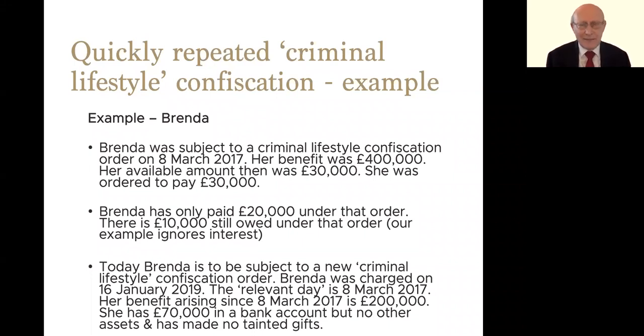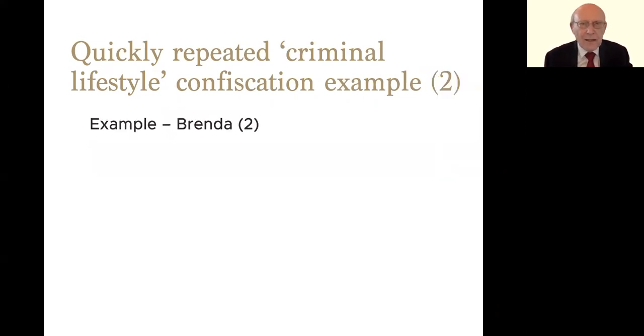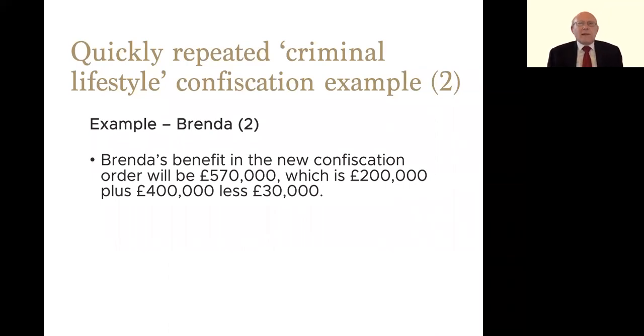What is her benefit? Well, we can see, can't we, that there's £370,000 that she's not been ordered to pay in relation to the £400,000 of earlier benefit. She was ordered to pay £30,000. There's £370,000 she's not been ordered to pay. So that's going to feature in the new confiscation. So how does it work? Well, Brenda's benefit in the new confiscation is going to be